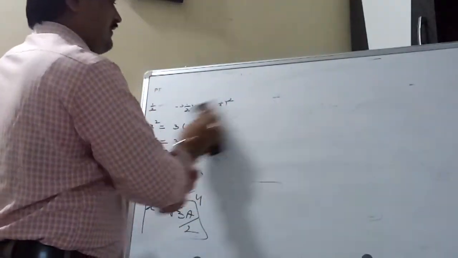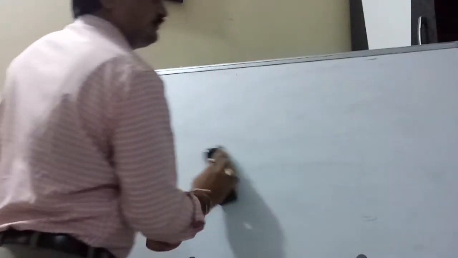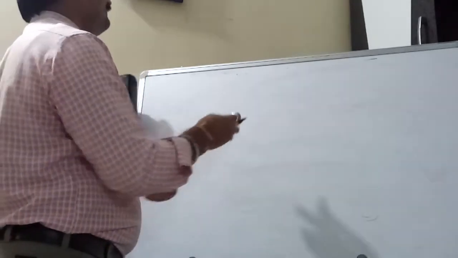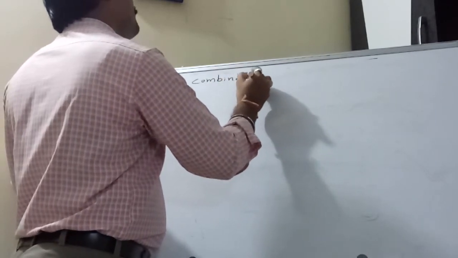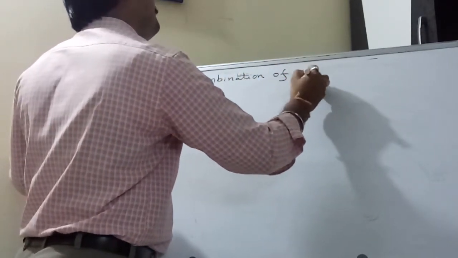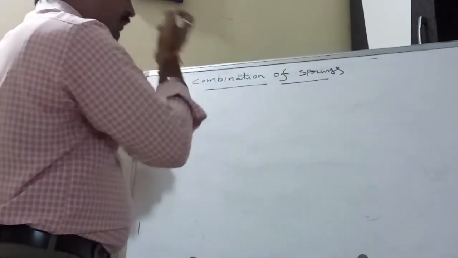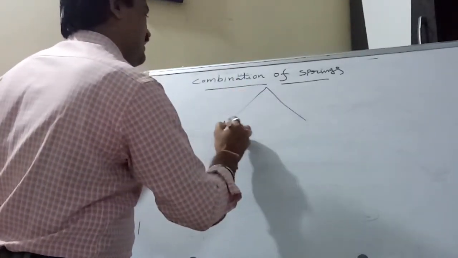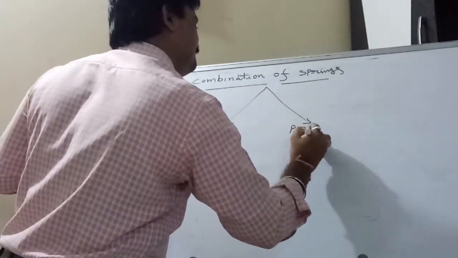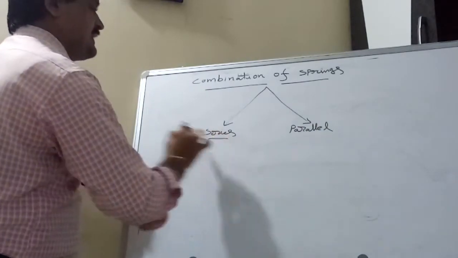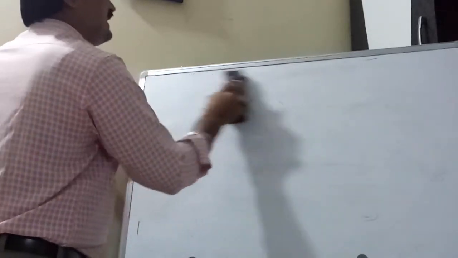Next, combination of springs. So two combinations: one is the series combination, the other is the parallel combination. Now we only discuss the series combination. In series combination,